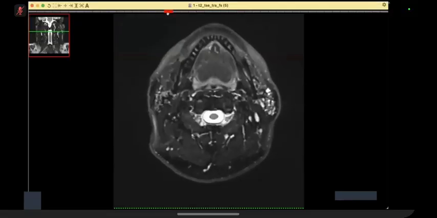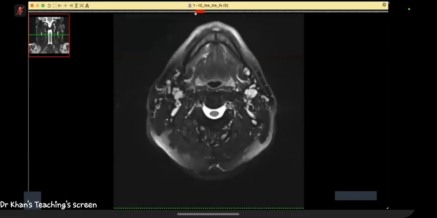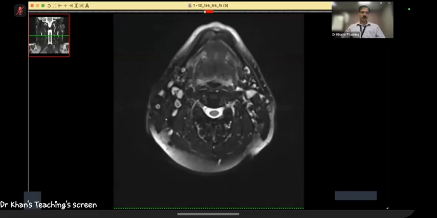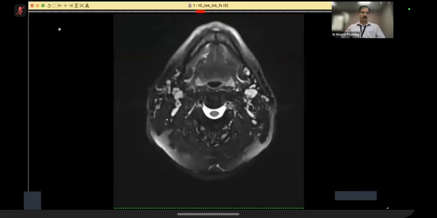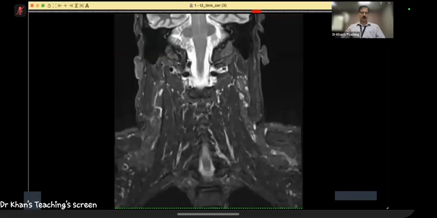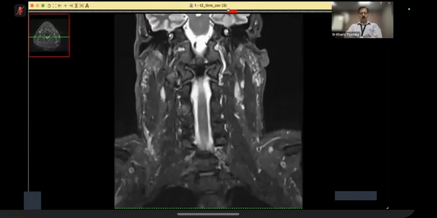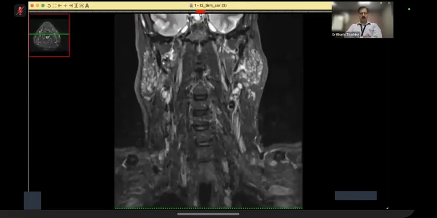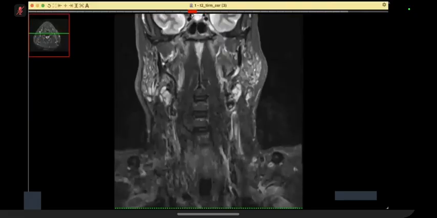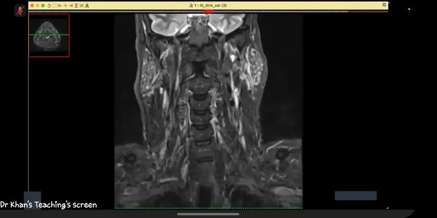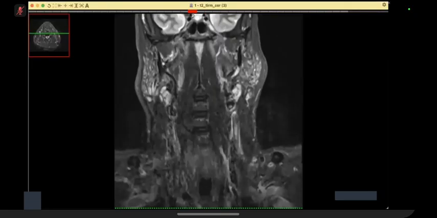In my usual practice, I would look at the orthogonal planes to assess. Just 1 second. I'll give you another sequence. Here you are. Thank you. So I'm presented with coronal of the same sequence. Just look at the parotids. Yeah. So again, the parotids look bilaterally enlarged, and I'm just trying to locate the